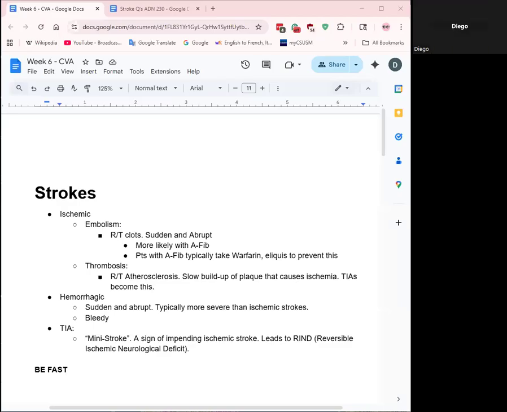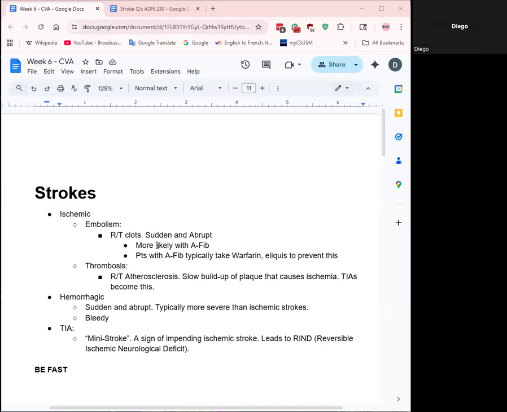Okay, going over CVA or strokes, there's a few different types. The ischemic, hemorrhagic, TIA. We'll start with the ischemic. So the main thing to really know about that ischemic, meaning lack of blood flow, that is either going to be an embolic stroke, thrombotic stroke. The idea being either it's happening due to clots,